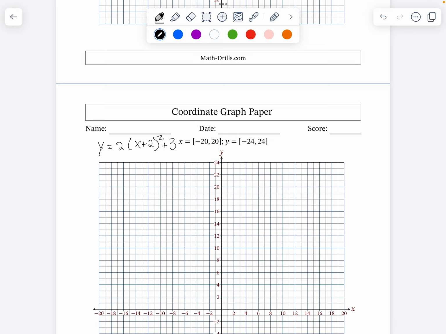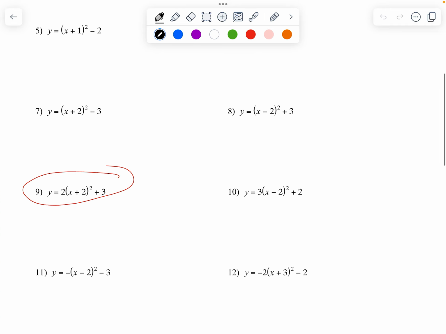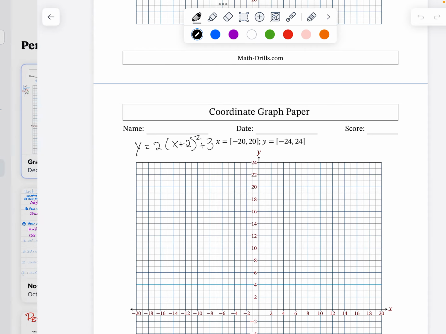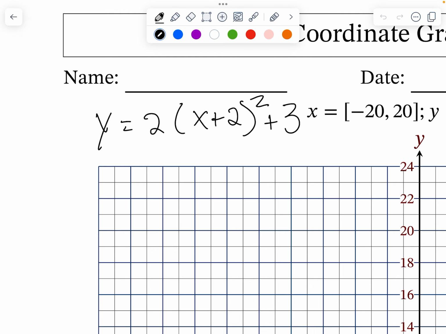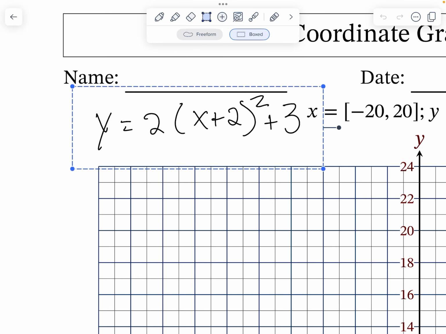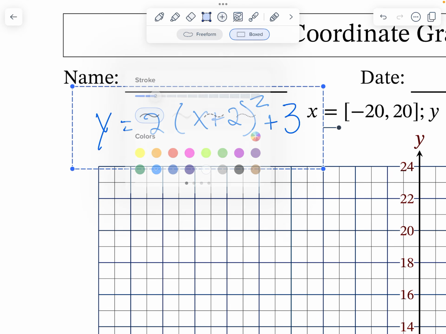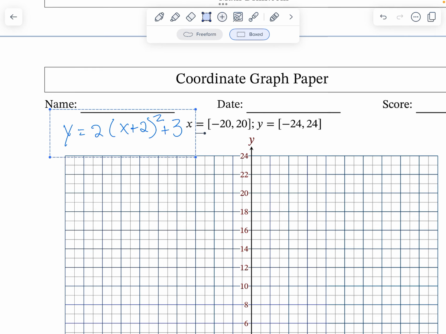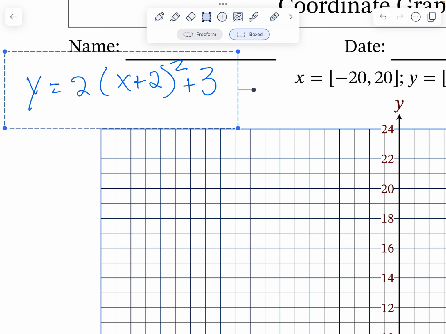I think that's what it was. Let's look. Yeah, all positive. I'm just going to move it down just a little bit. Okay,